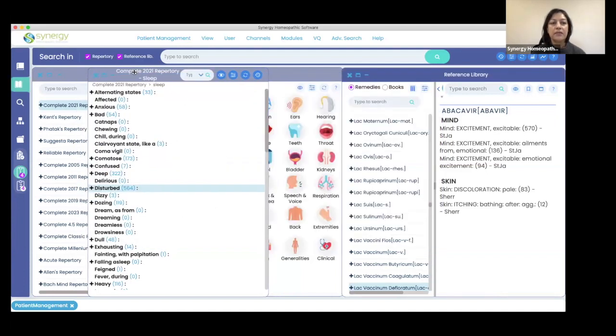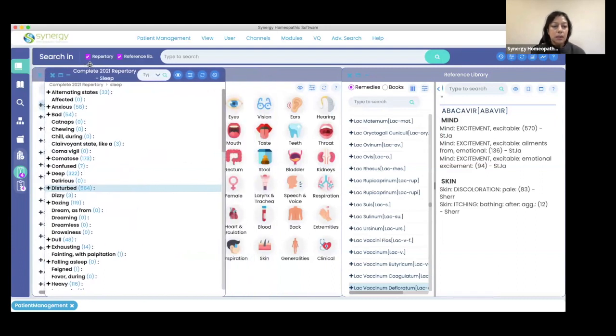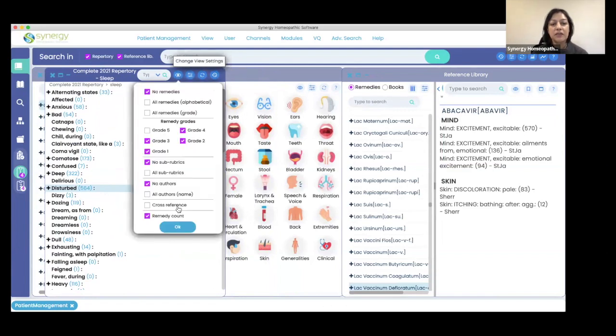And we can leave this open. So let me know if the font size or the view is big enough for you. I made it bigger than I usually have it on my machine, so I hope you all can see it clearly. So the first thing that I want to show you that is now available is